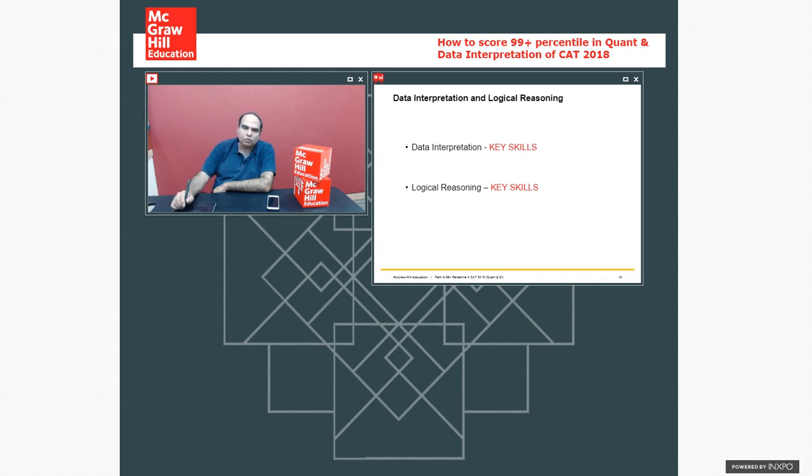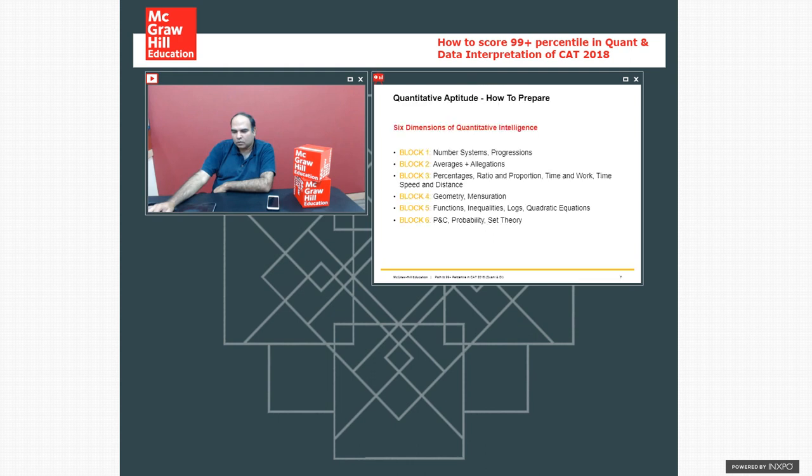And I always tell my students, and this is something that I want you to take away with. See, if your solving skills are poor in an area, let's say your solving skills are not good in DI, or your solving skills are not good in, let's say, number systems in quants. Blockwise, if you go back to the blocks, blockwise, if I do 200 questions in a block, my solving skills are bound to improve. And I've seen people preparing for the exam for 6 months and without raising their solving skills. What I'm trying to say here is that at any point of time, if I as a student get down to solve 200 questions on a block, my solving skills are bound to improve, especially if I take the learning approach with the questions